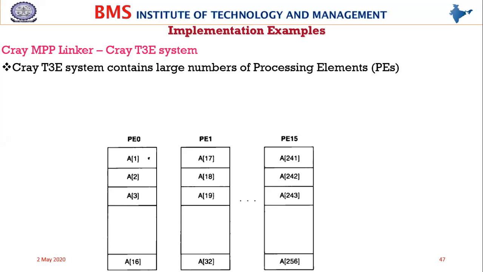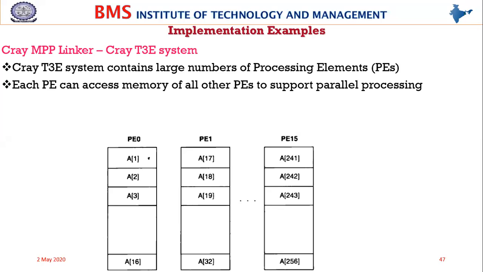Further in your architectures, you learn about parallel processing. As of now, we are just looking at it in terms of our linker. Each processing unit can access the memory of its own as well as of all other processing elements, meaning all other processors. We can think of it as the memory being shared between the processing units. I can access the next processing unit's memory, and it can access the memory of my processing element.